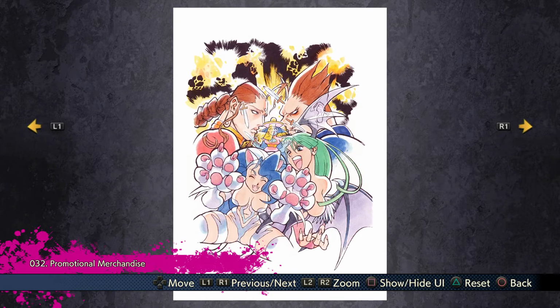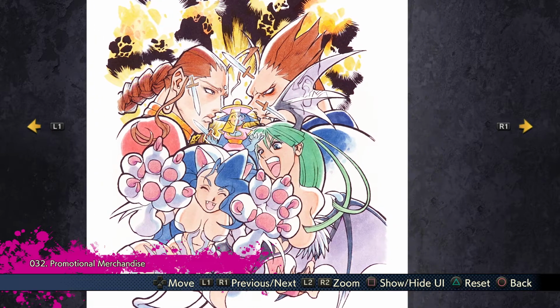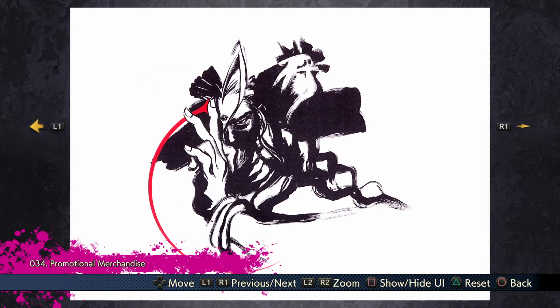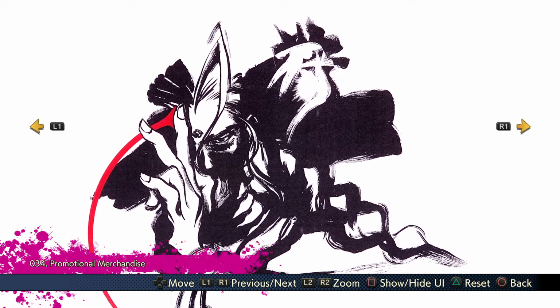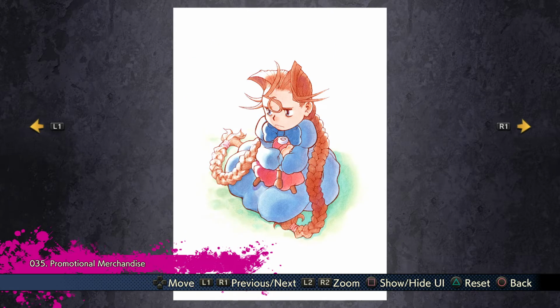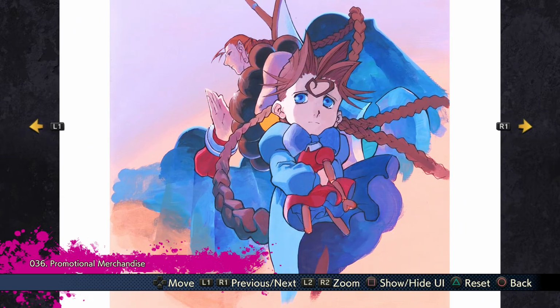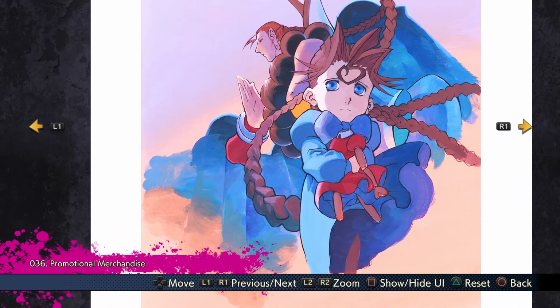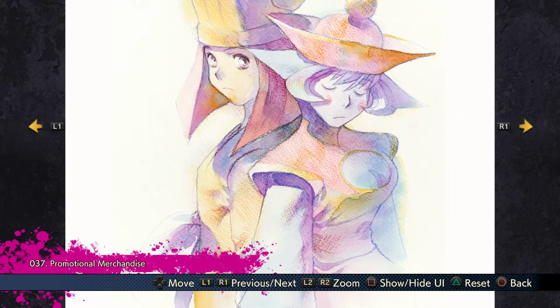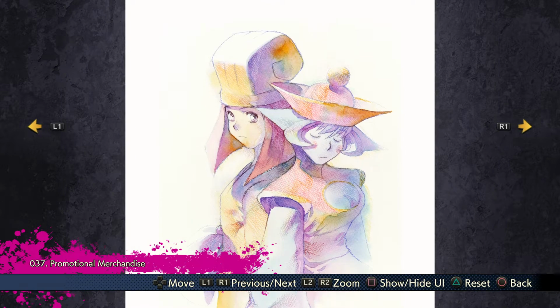Interesting art style. The mischievous look on Felicia. That's a cool piece of artwork I've actually never seen before. Of course, the little girl that he protects, though she's actually a very powerful being herself. I swear, some of this classic Capcom artwork is just stunning and beautiful. I just wish...